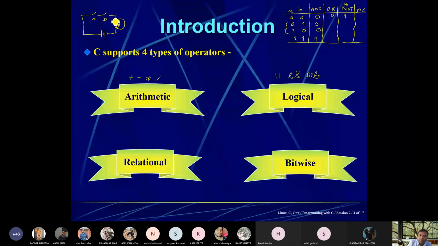Agree or not? Yes, sir. It is clear. Anybody having doubt? No, sir. Okay. So connection of the circuit is represented by 1. Sir, please explain it one more time. Yes, please explain it one more time. Let me explain it once again.